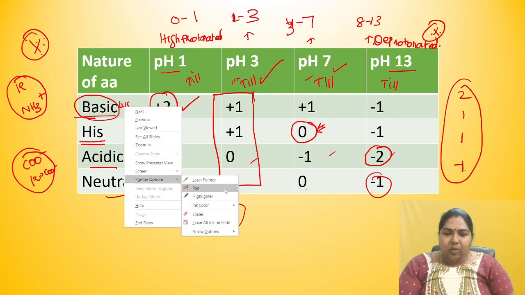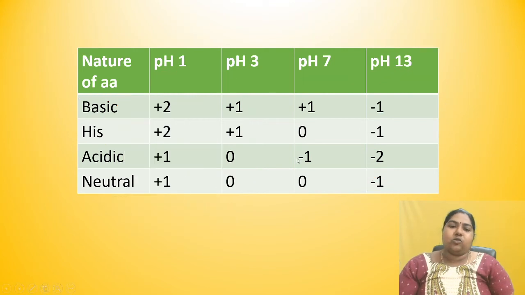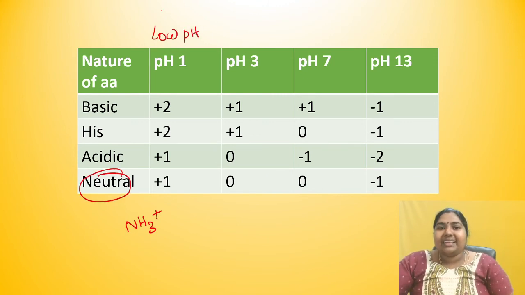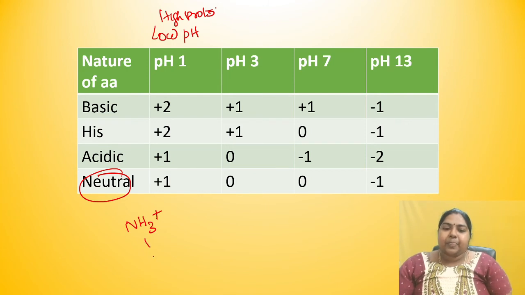Okay, we will just take one example and see how this could have happened. So how is your amino acid? See, this is going to be NH3+. This is a low pH. Whenever it is a low pH, it is going to be highly protonated, so NH2 is becoming NH3+. Then this is R, this is H. So this is also protonated, so this becomes COOH. So the net charge becomes positive.